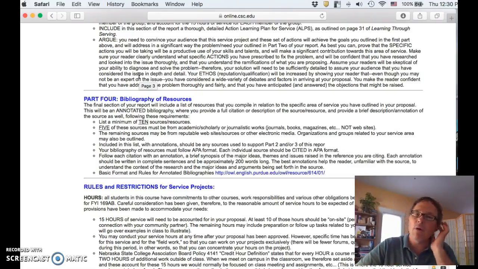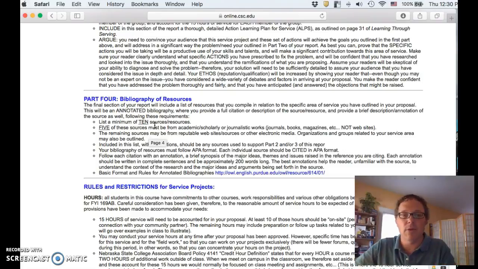And then part 4, the bibliography, 10 sources. It explains how these must be substantial sources, not just internet sites. 5 of them at least must be text-based sources or library sources, and how they need to be cited in